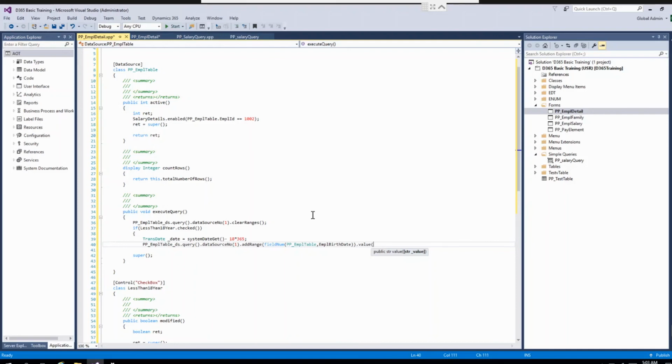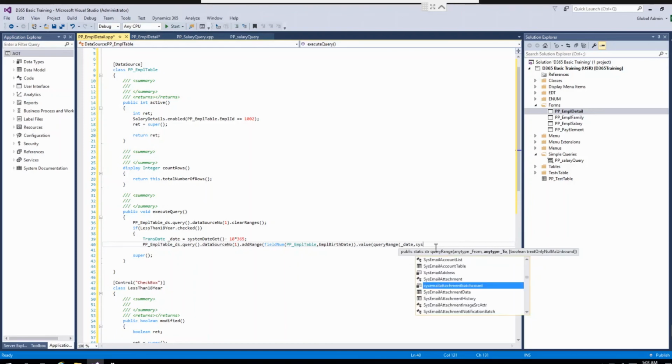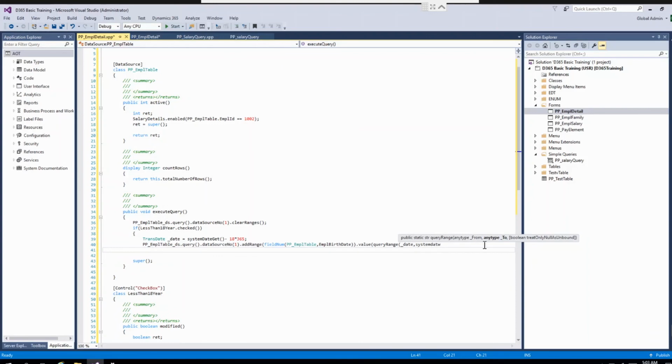So I have to use the query range, and in this range I will pass the date. One we already have, underscore date we calculated, date from this date to till now, system date get.